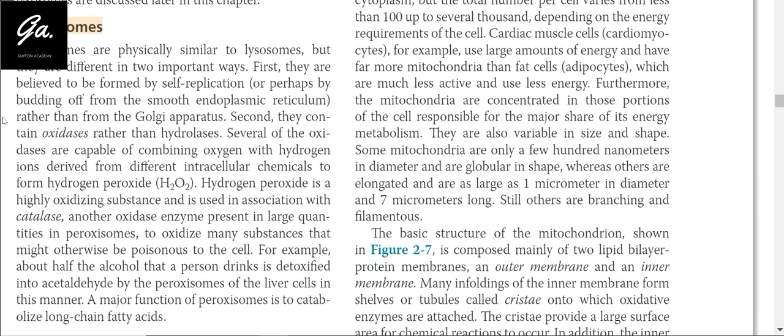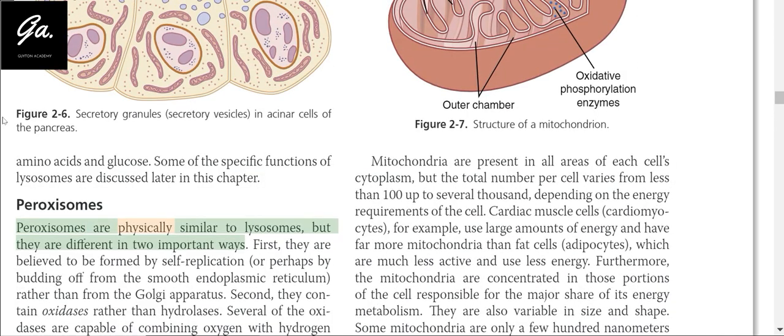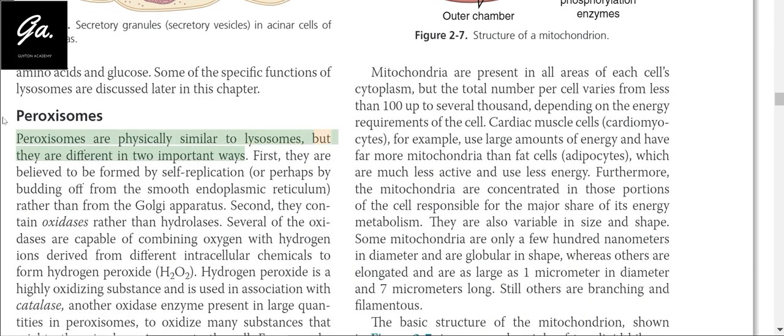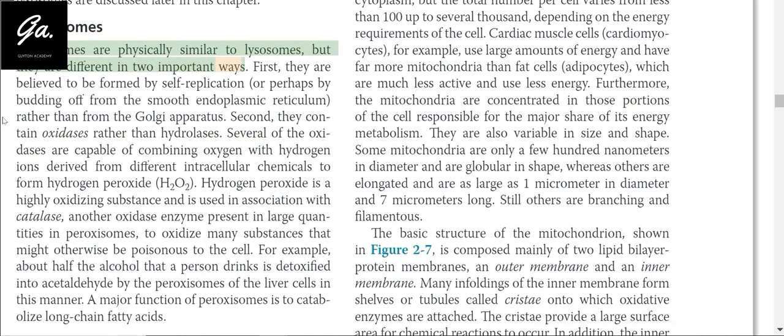Peroxisomes. Peroxisomes are physically similar to lysosomes, but they are different in two important ways. First, they are believed to be formed by self-replication, rather than from the Golgi apparatus. Second, they contain oxidases rather than hydrolases. Several of the oxidases are capable of combining oxygen with hydrogen ions derived from different intracellular chemicals to form hydrogen peroxide,